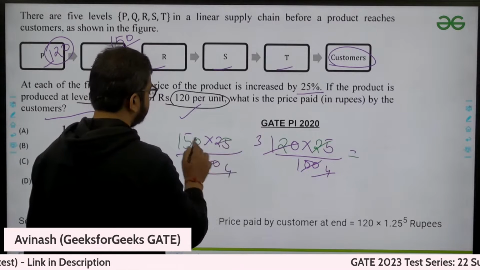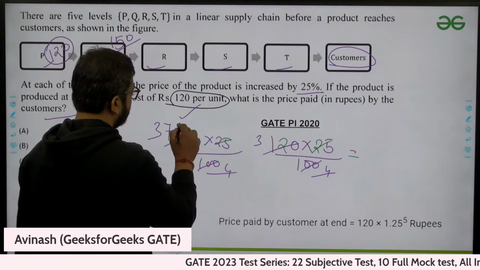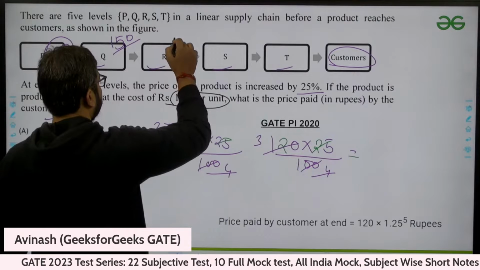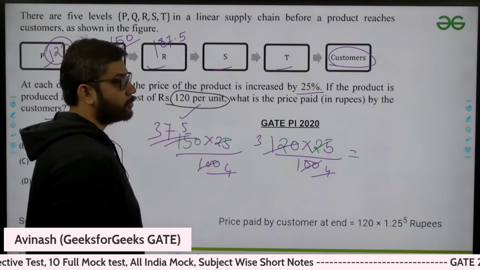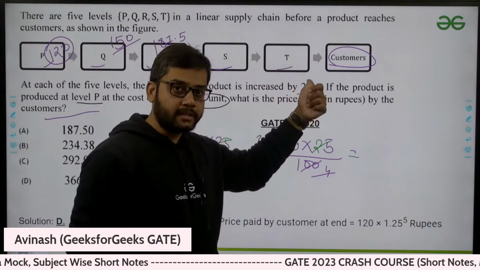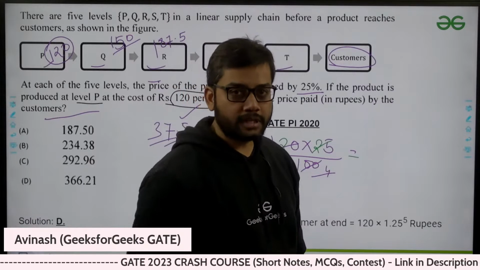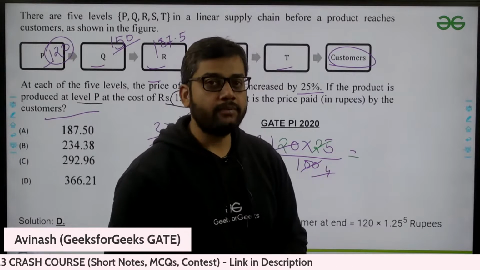37.5. So 150 plus 37.5 is 187.5. Again 187.5 into 25%, then we will again add it. So this is a kind of a linear process. Okay, I would not recommend going like a linear process, just because every time what you are doing